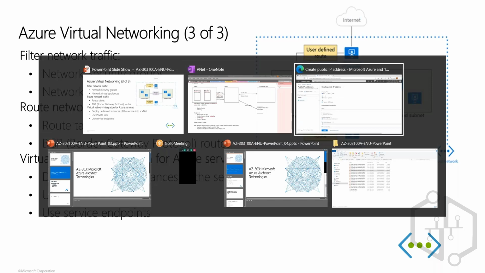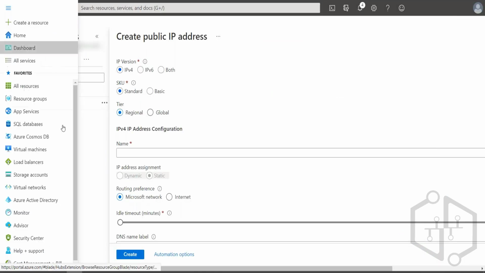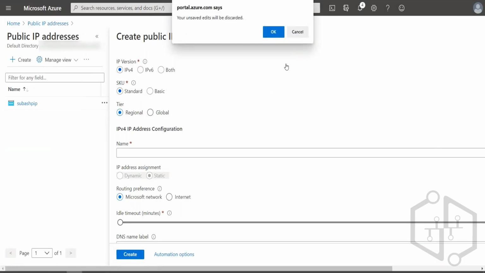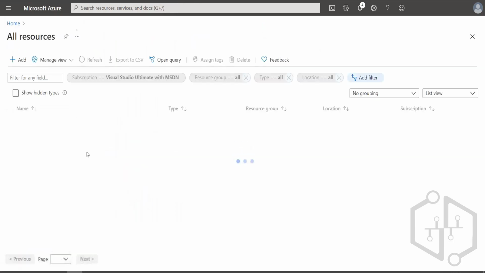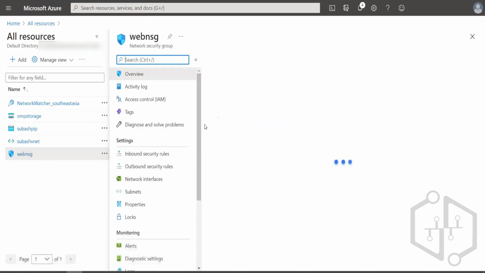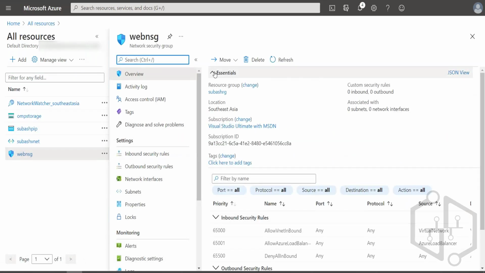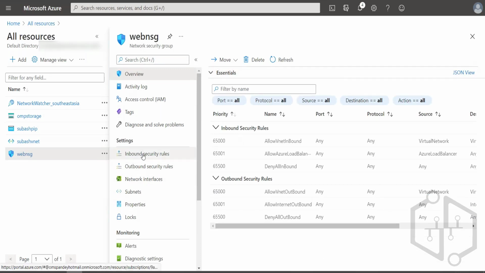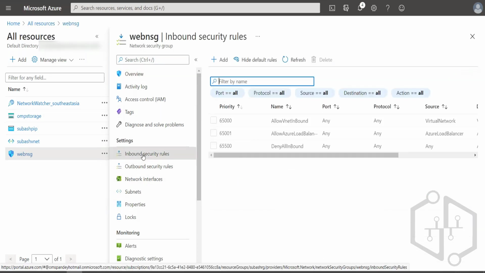Okay, so while we were creating the network security group, we saw the options there which were predefined rules, but we did not look at what rules we want to create. So here let me go to inbound security rules,